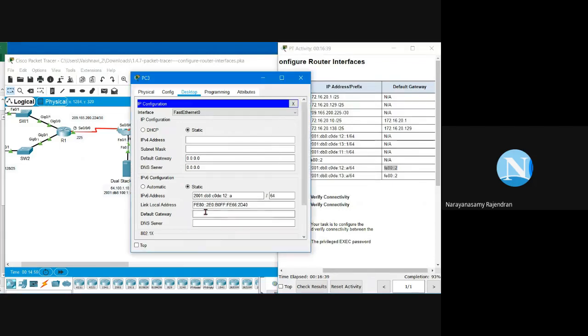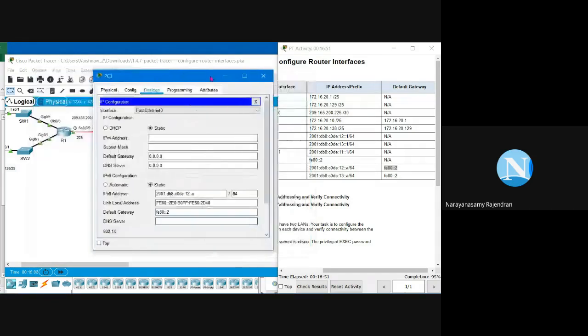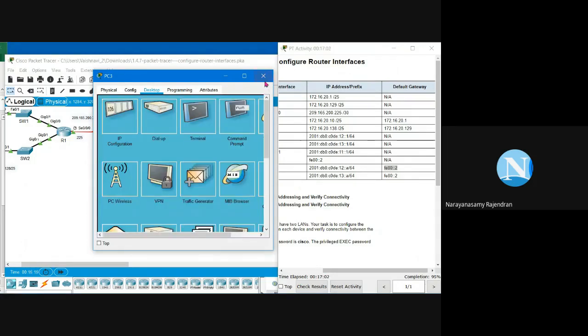So here you have to configure the default gateway. Done. Okay, so once again verify. 2001:DB8, 64, FE80. Correct. I'll close this. We got 95%.